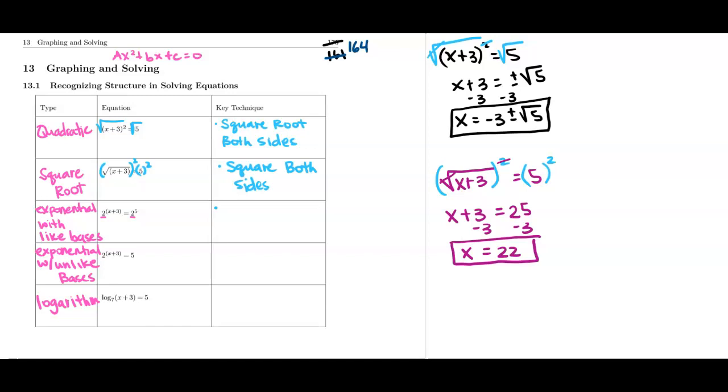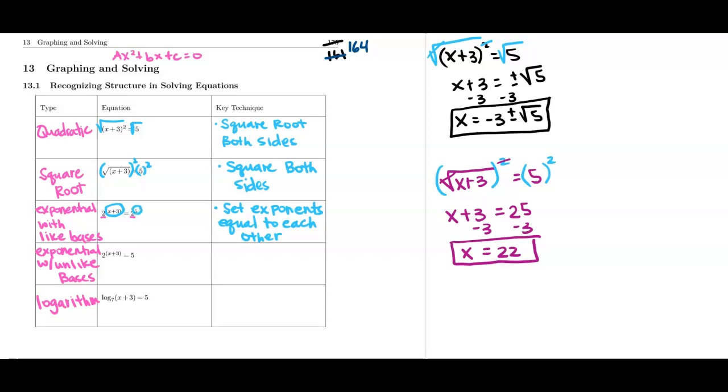All right, remember we said when the bases are the same, we can set the exponents equal to each other. Okay, so our key technique on this one would be to set exponents equal to each other. Right, so if our bases are the same, then we can put this side of the exponent equal to that